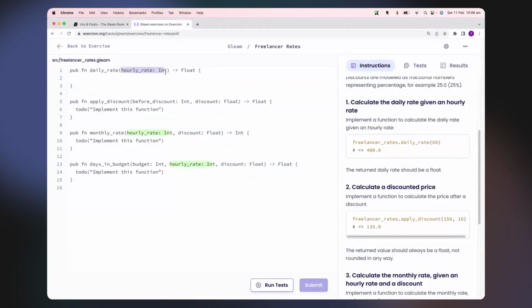Now, our parameter here, hourly rate, they're giving it to us as an integer, which is fine. Nice round number for an hourly rate. But we're going to need to do some parsing because, due to the fact that floats have their own operator and integers have their own operator, you can't have a mathematical operation in Gleam where you have an integer operating on a float. So because we want to return a float, let's also convert our integer to a float,